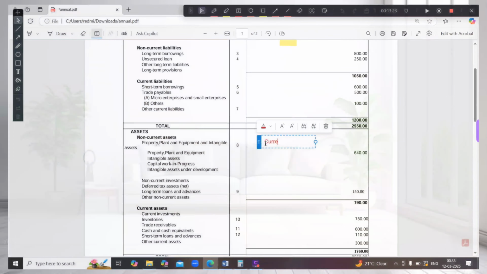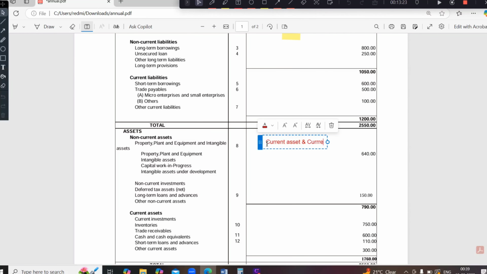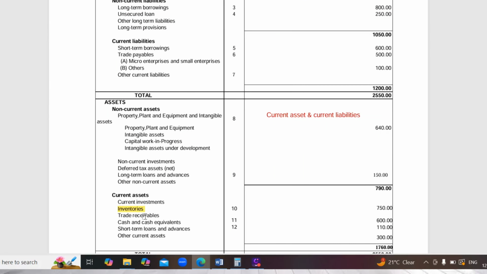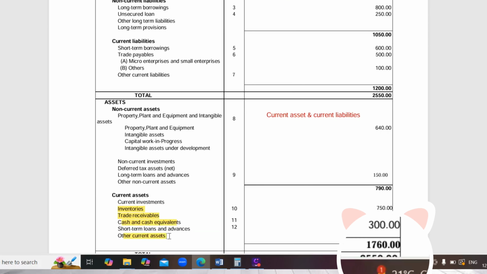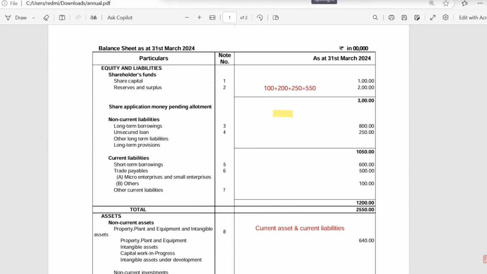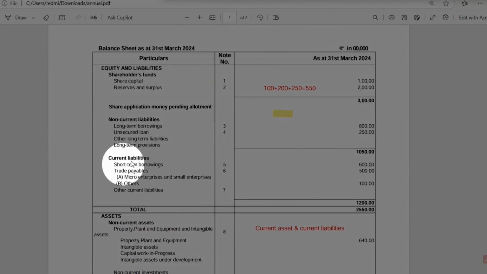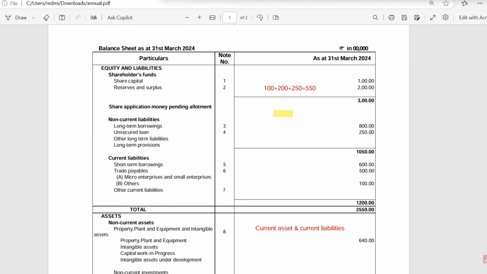Okay, so now talking about the current ratio. So for this you need current asset and current liability. Here you can see in the balance sheet what the firm's current asset is. So these are the current assets of the firm, that is stock, debtor, cash in hand and other current asset, that is 17 crore 60 lakh. Now talking about the current liability. Here we have current liability, that is short term borrowing, that would be in the form of CC limit, creditor and other. So that is 12 crore.